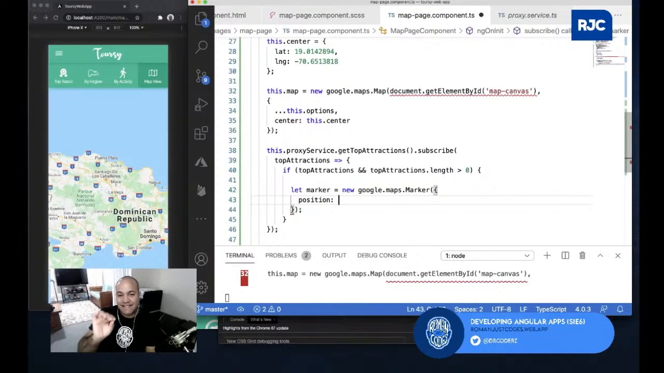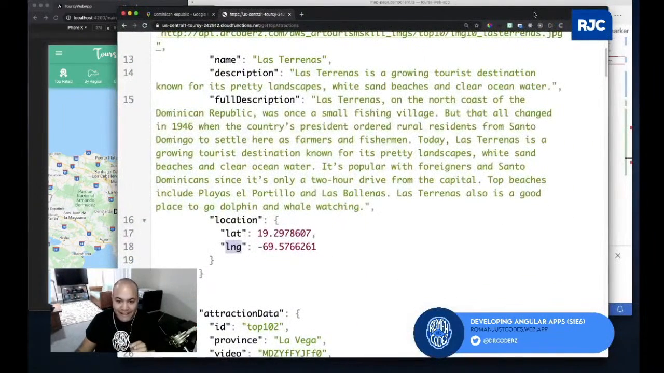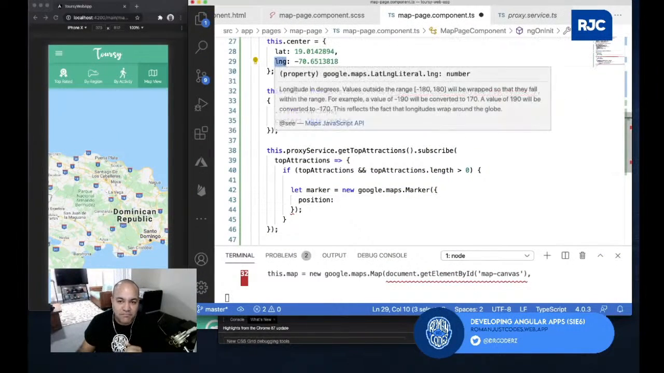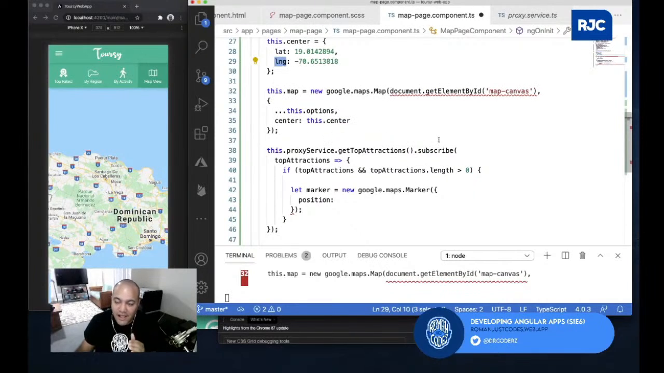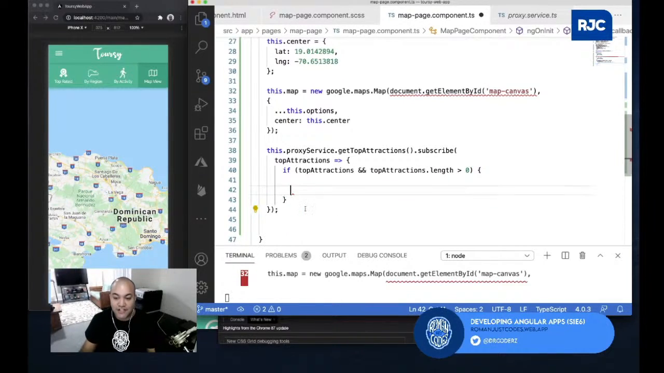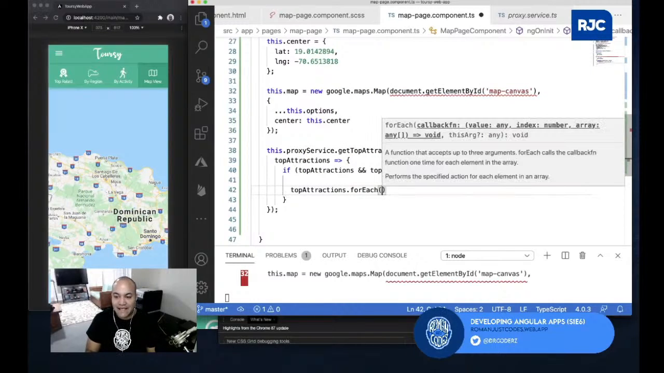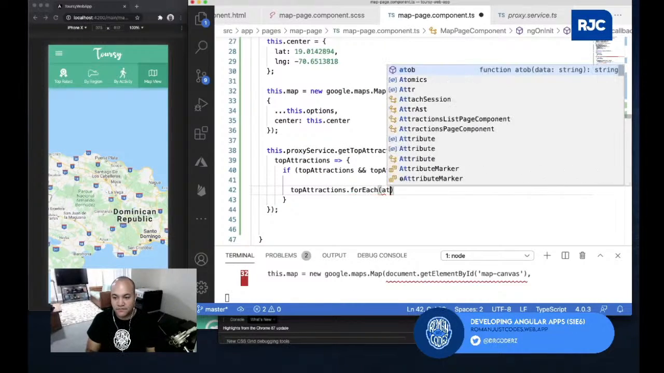Remember, the position needs a lat and a long. I think I may have spelled it differently in my service. I'm calling it LNG. Even better, I maybe foresaw that, and I called it exactly the way it is. So hooray for me. Now the position is just that. I just loop through these positions, so I'm going to say topAttractions.forEach, and through each attraction,